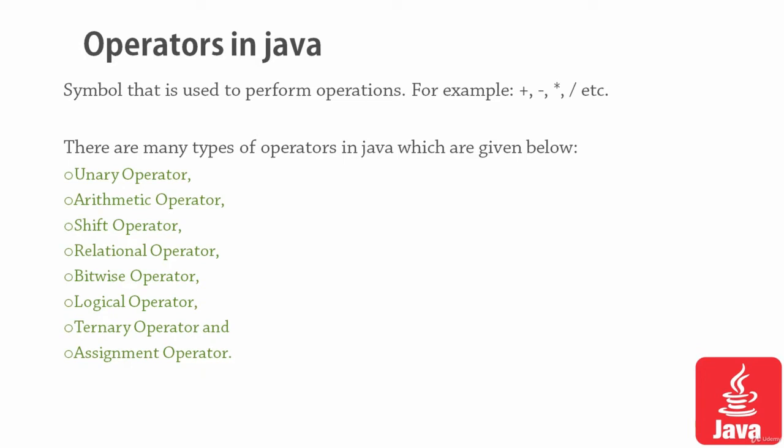The shift operator is a logical shift operator. This shifts the value of the binary notation in the 0 1 format, shifting the value to the left or to the right. The relational operators show relation between values, and or not, or such things. The bitwise operator works on binary operations, bitwise and, bitwise or, and the logical operations and, or, not. The ternary operator works on three operands. The assignment operator, like equal to, assigns the value on the right to the variable on the left.